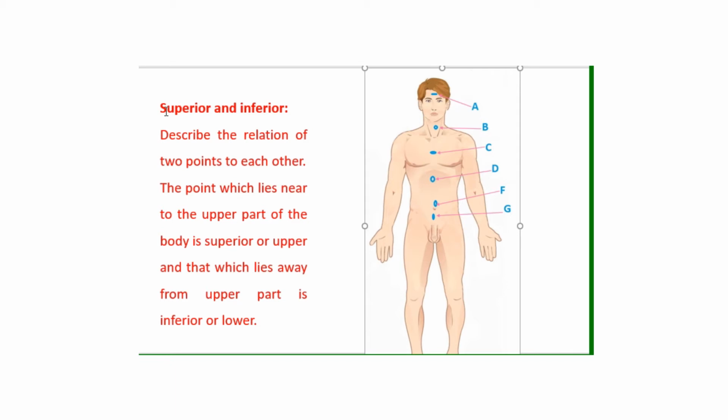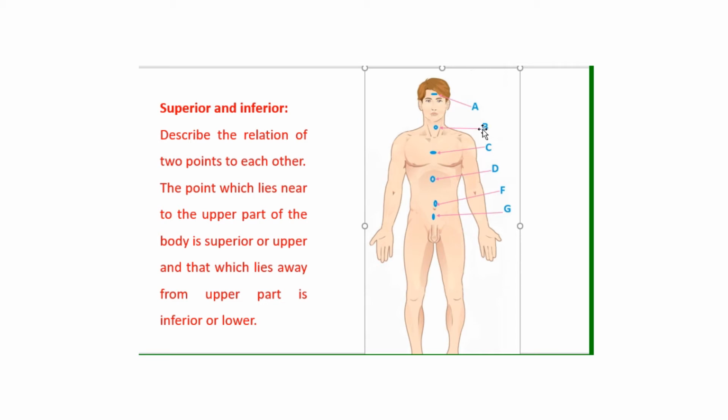In the language of embryology, we use cranial and caudal. Then superior equals upper or cranial, inferior equals lower or caudal,